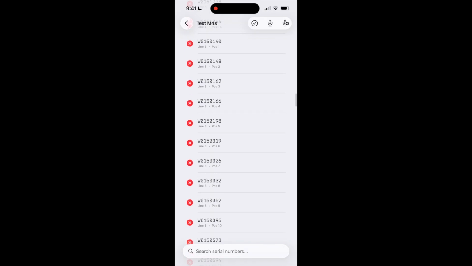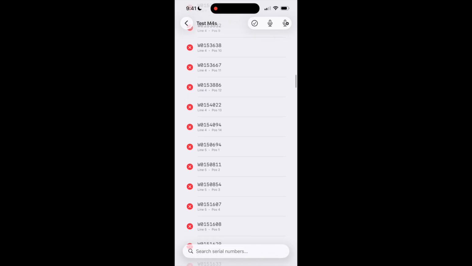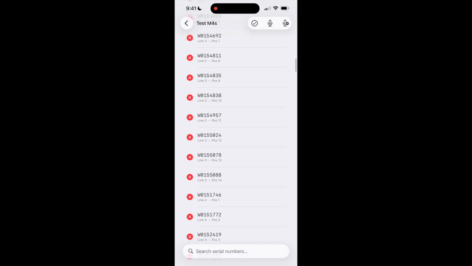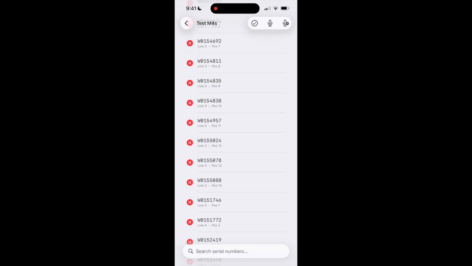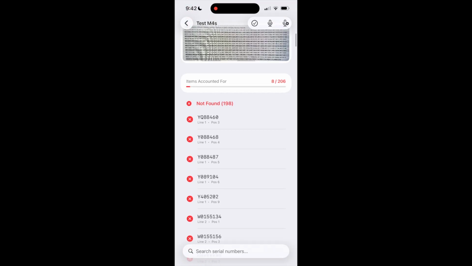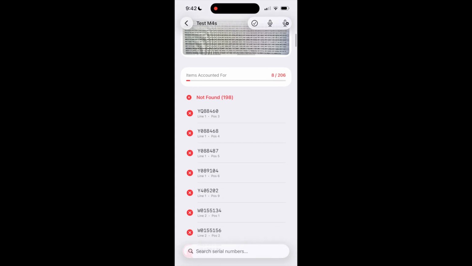All right. Now, the last feature here. So let's say, as some of you may know, not all these weapons are necessarily going to be present. Some of these items might be turned in for maintenance, this, that, or the other. So what you can do here is, we'll go up to the top. Let's say this top weapon, which is actually a typo that would need to be corrected. Again, the photo was taken off a pixelated computer screen, but let's just say that this weapon is turned in for maintenance. And I know that I need to locate supporting documents for that before I sign this